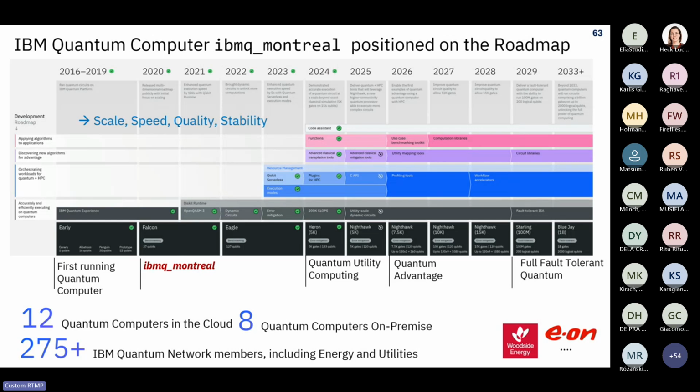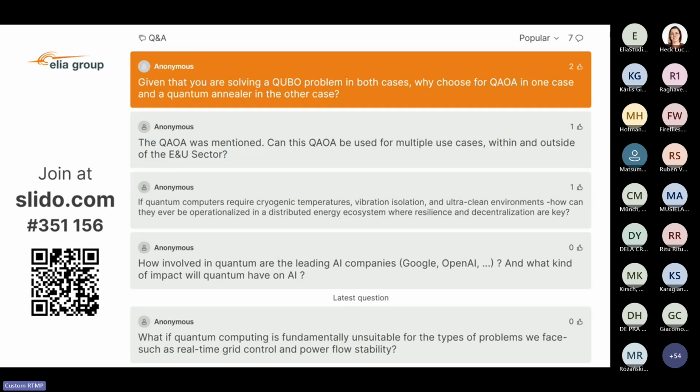By the way, these technologies are already accessible via the cloud. Some environments are on-premise, but you can already access the Eagle processor via the cloud in 2025. And then the future will be as you can see on this roadmap. I could spend much more time on this roadmap, I will not do it, but just one final remark. The result of this experiment was done on a quantum computer that is already a couple of generations old. Today, the results would be even more promising. Okay, that was my part of the presentation. Thank you for the attention.